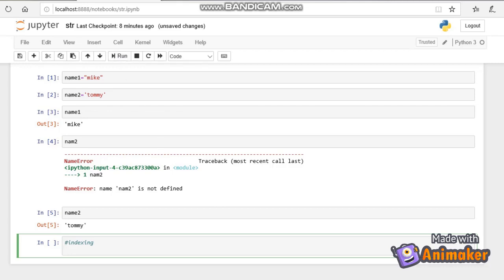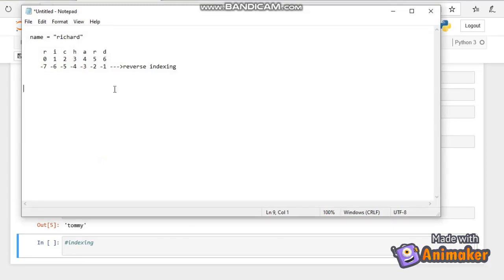Suppose I'm having a string named Richard. So here in Python there are two types of indexing. One is normal indexing and another one is reverse indexing. In normal indexing, the start position is from 0 up to length minus 1.